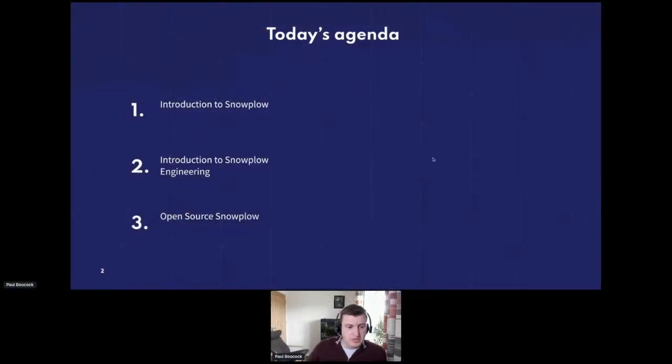I'll dive into a brief introduction of the Snowplow tech first, then how we are set up at Snowplow in terms of our engineering. And then I'll dive into one of our repositories and give you a quick run through how we structure things from an open source point of view, as you'll quickly see how we do quite a lot of open source